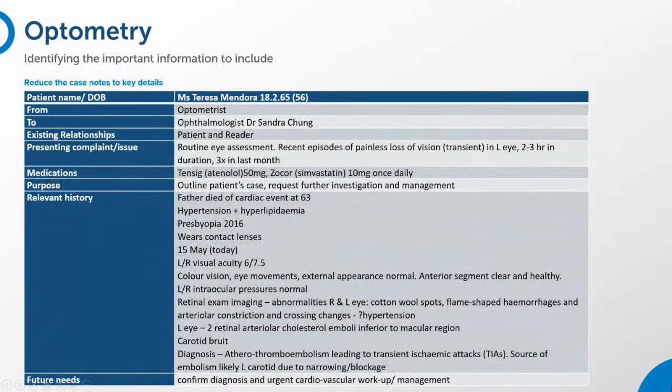So here is a table of those most important information from the case notes, which help to make writing the letter easier. As I explained earlier, this table is really useful for making sure you identify the details that are going to be important to include for the reader. If you try using this table, you may sometimes find that you add a few more details to it than when you come to write the letter you end up using. That's absolutely fine. It's part of the process of learning how to summarize the key details for the reader and remembering that what you find important may not be as important to the reader.